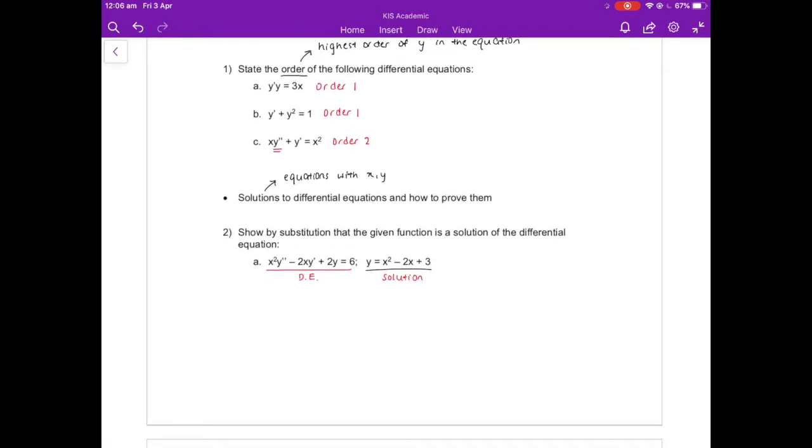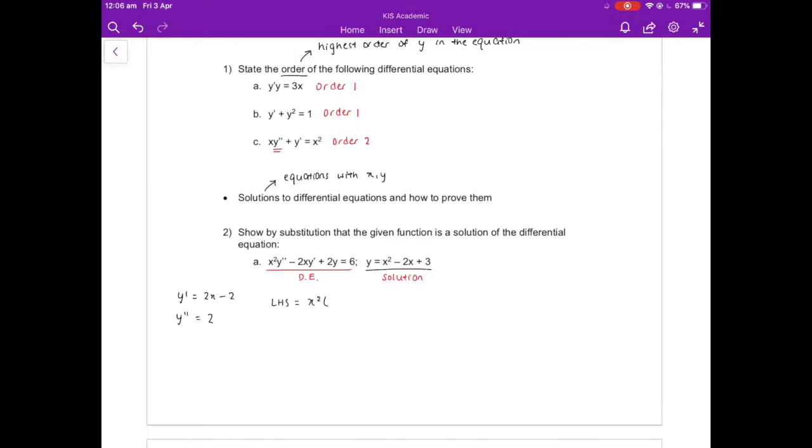So how do we prove that it is a solution? Well, what we do is we will have to show that left-hand side equals right-hand side in the differential equation. So first of all, I'm going to derive y equals x squared minus 2x plus 3. So y dash equals 2x minus 2 and y double dash equals 2. So then, if we sub those things into the left-hand side,